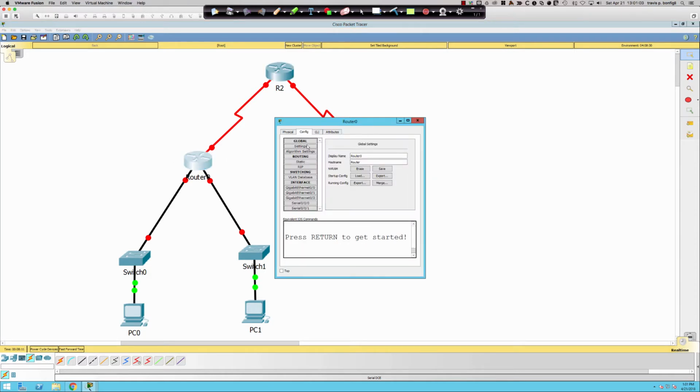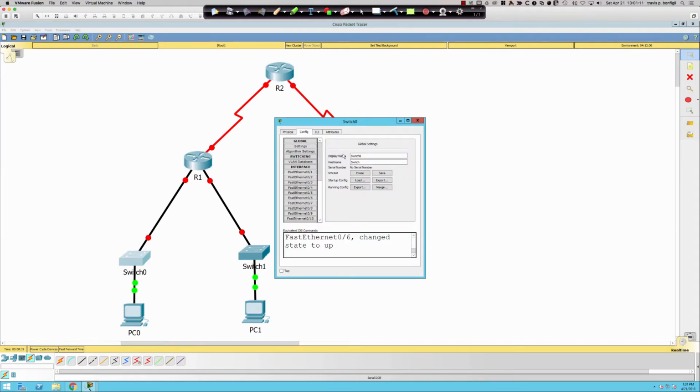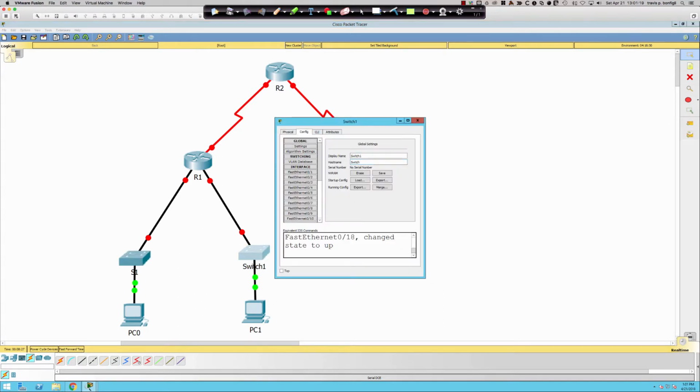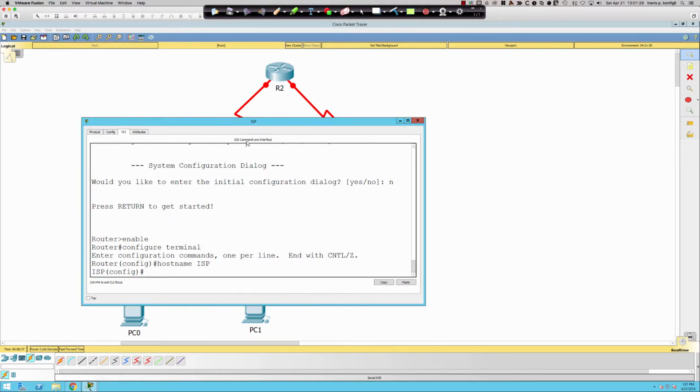And router 0 is actually router 1. And switch 0 is actually switch 1 and switch 1. And switch 1 is actually switch 2. Switch 2, switch 2. There we go. All right, so the configuration that they're looking for is the base config on each of the